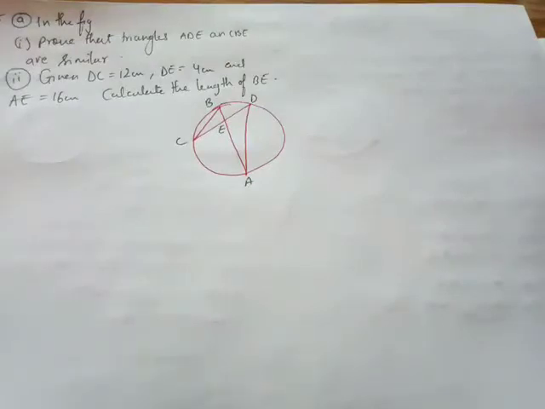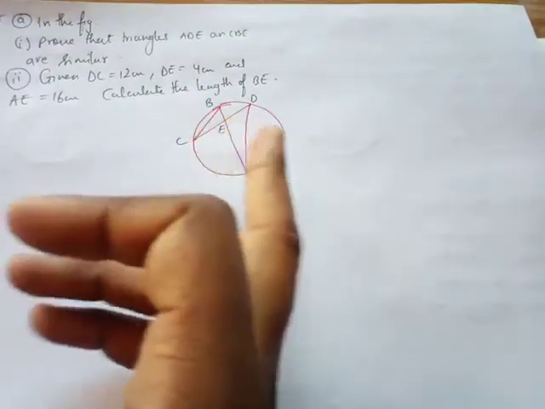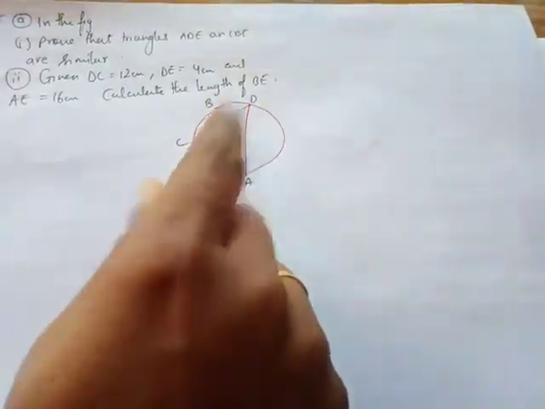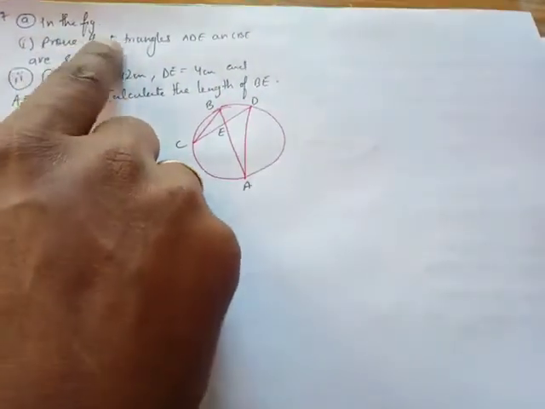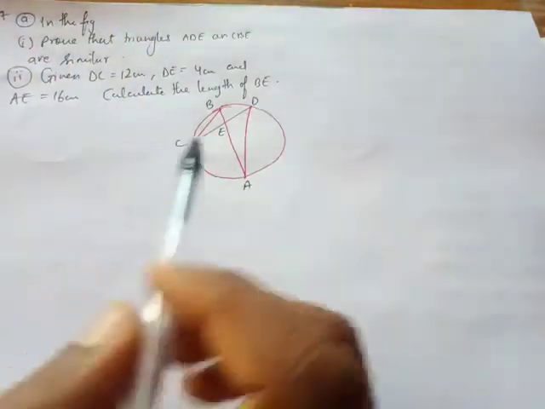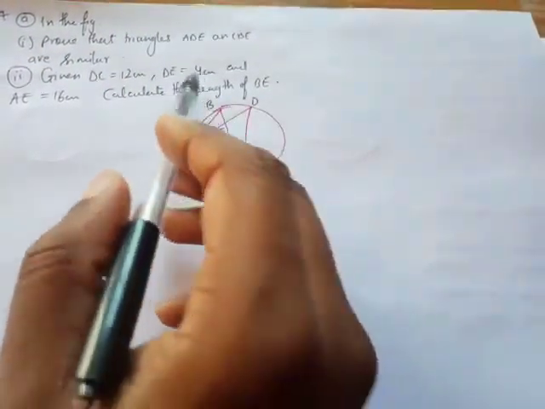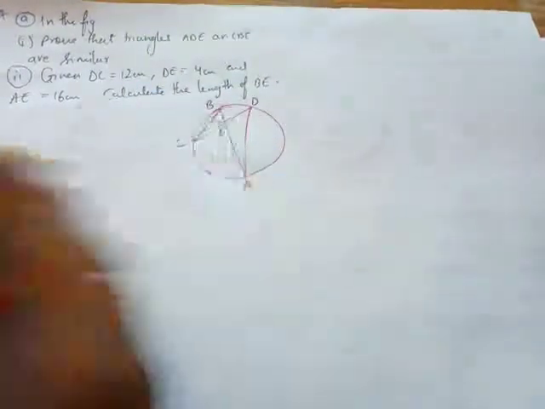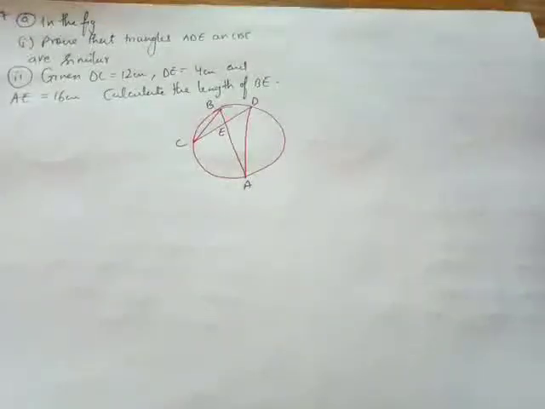So there's a whole lot of question written. I haven't written the whole question. Question number 17 A part says, in the figure, CD is intersecting AB at E, ये दे रखा है, and then first part is given, prove that triangles ADE, can you guys see triangle ADE, this triangle, and CBE, this triangle, are similar. It's very interesting because this chapter, the circle chapter, now they are combining with similarity of triangles, which is very, very interesting for me. So I have to prove that triangle ADE is similar to triangle CBE. If I'm able to prove that, then I'll be able to prove anything.